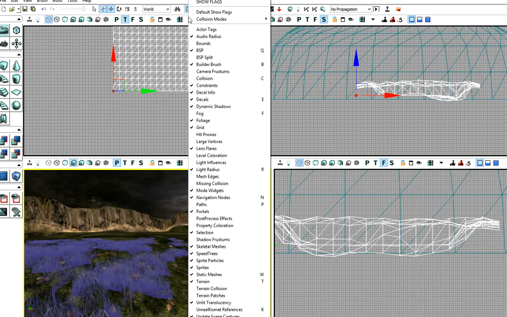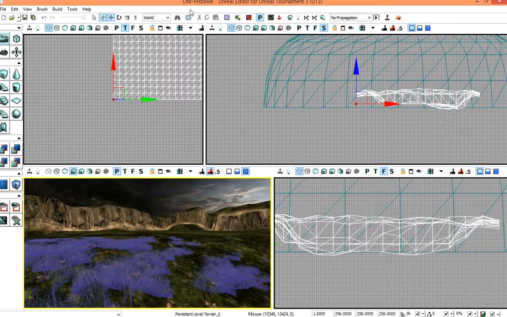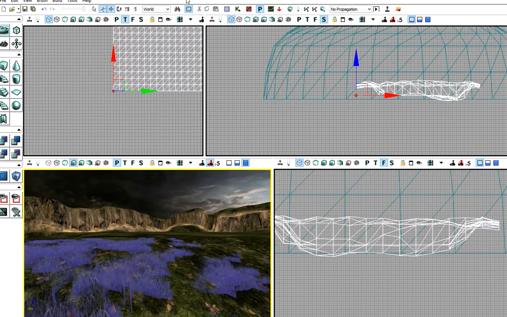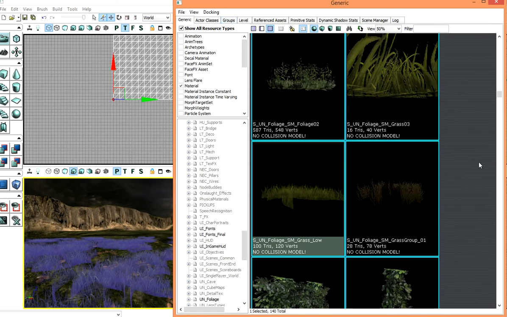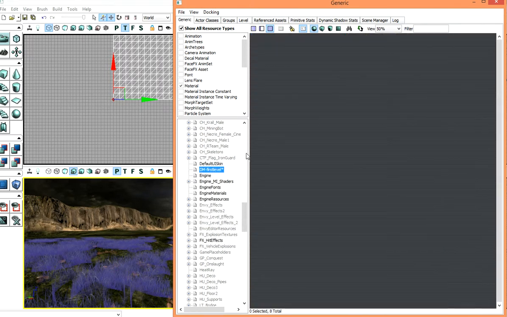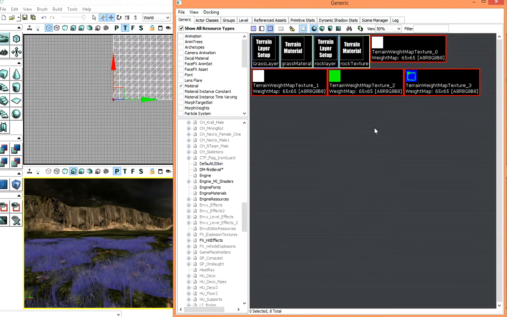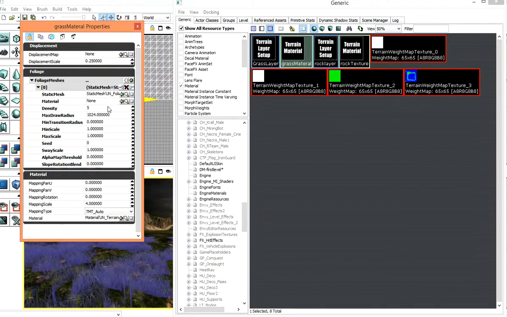need to go back to my generic browser. Let me open up my generic browser. Generic browser, will you open, please? Oh, wrong icon. There we go. Generic browser, and I need to go to the properties again of my terrain. So DM and terrain material that we applied that to, grass material properties. And inside of the density option, we're going to look for the min, max,